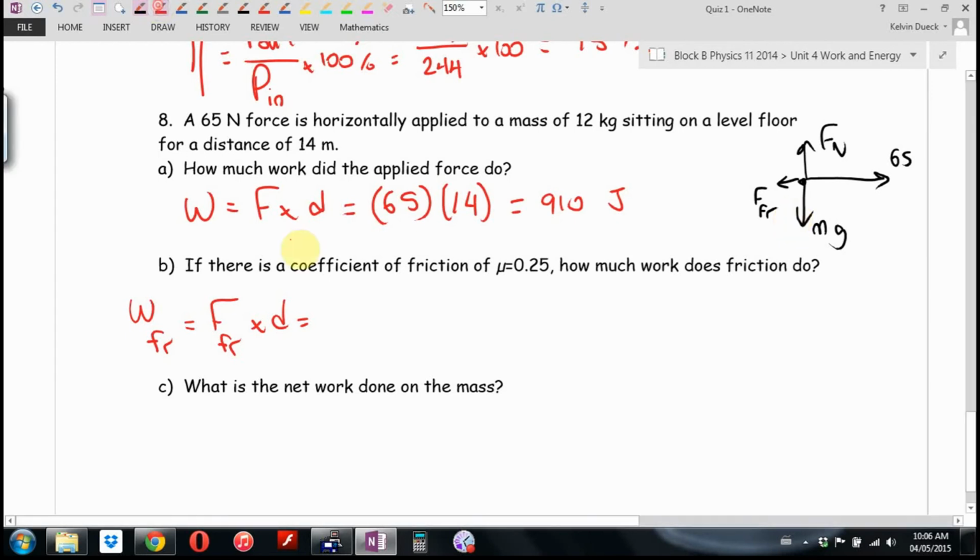Mu times the normal force, and now I have to go also times distance. I don't know the normal force. Oh, but look, I know the force is the same size as the normal force. Kyle likes that little rant, does he? Okay. Mu mg times d, 0.25 times 12 times 9.8